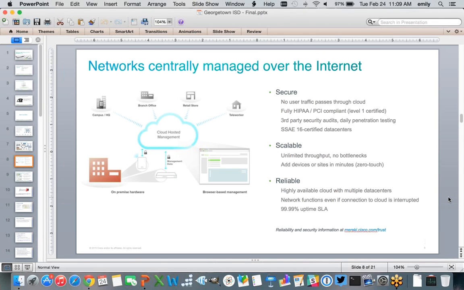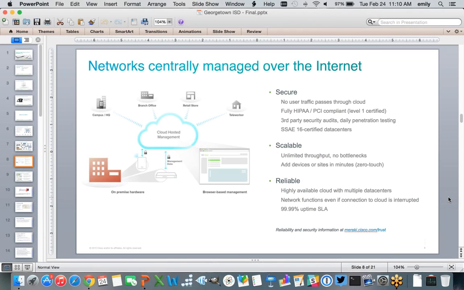Now, there are some true benefits to this cloud architecture. I do want to highlight security. So for us, again, not only do we have the out-of-band control plane, but the backend data center architecture is incredibly secure. With our solution, you don't need to deploy controllers or redundant controllers at all. This is all cloud hosted and cloud managed. You can think of it as a cloud controller, which is incredibly secure.